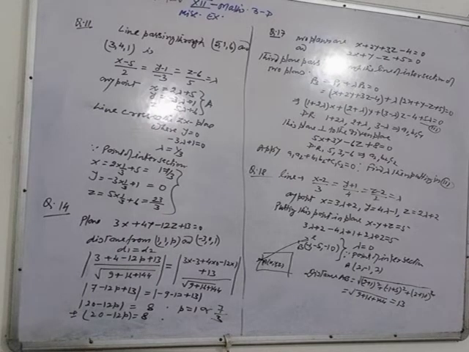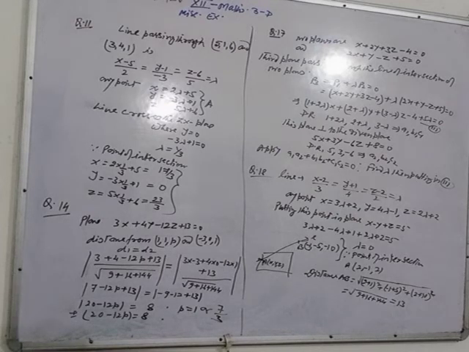So determine any point on this line by taking all the ratios equal to lambda. So x is equal to 3 lambda plus 2, y is equal to 4 lambda minus 1, and z is equal to 2 lambda plus 2. Let this line intersect the given plane. Your given plane, here given in vector form, convert to Cartesian. So the plane is x minus y plus z is equal to 5.